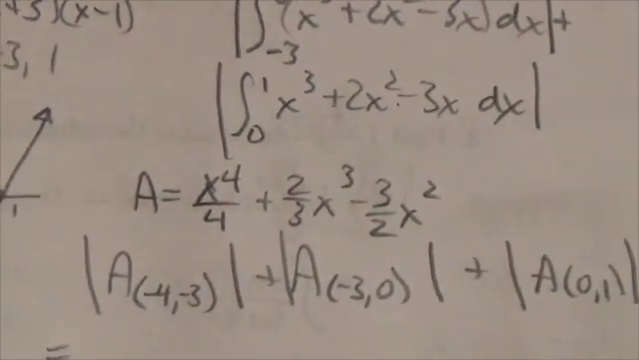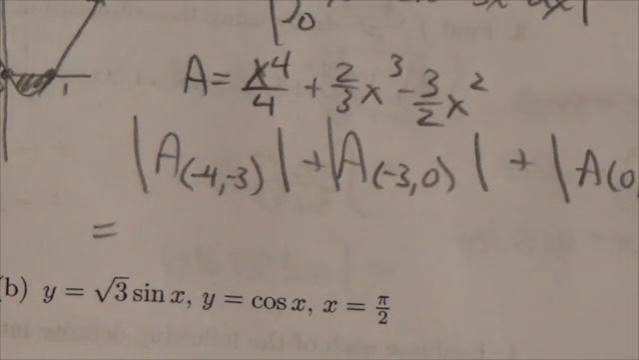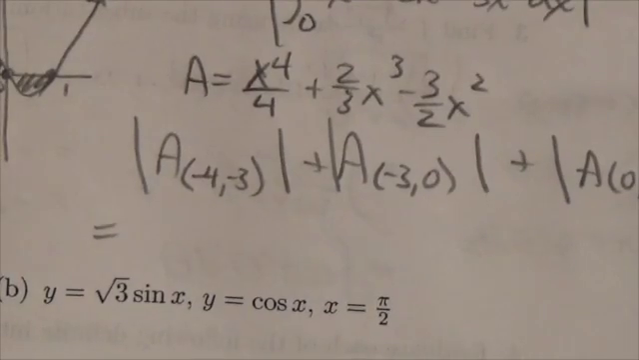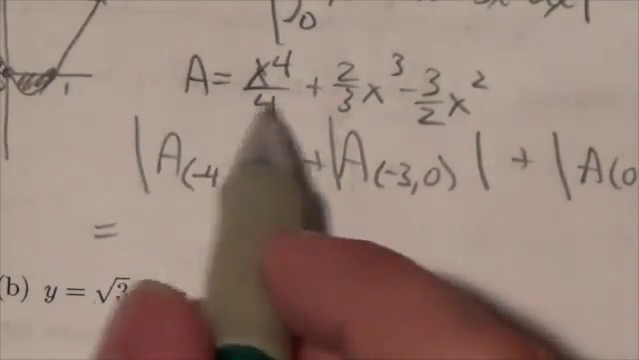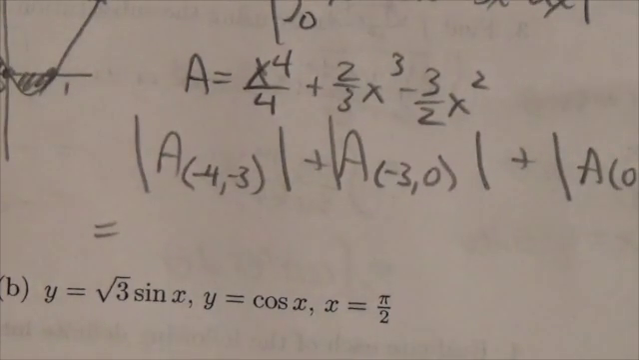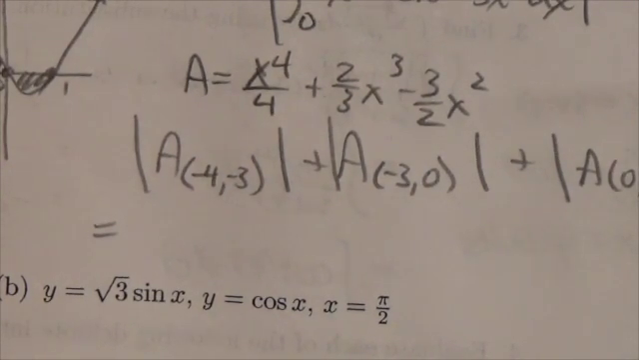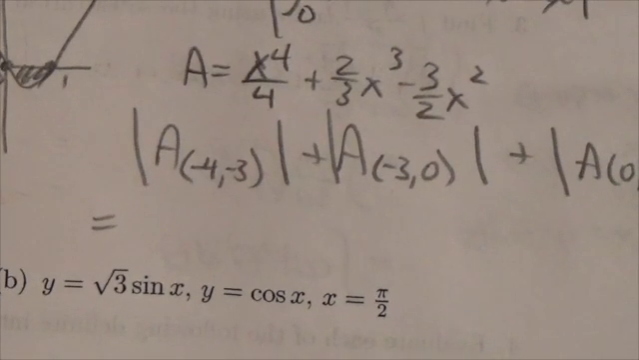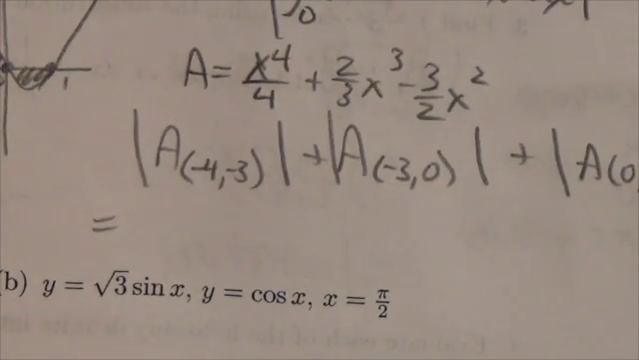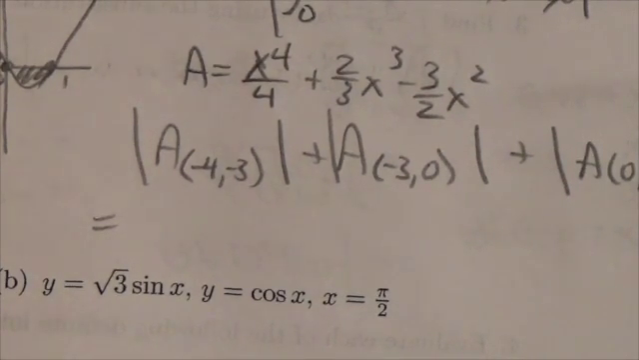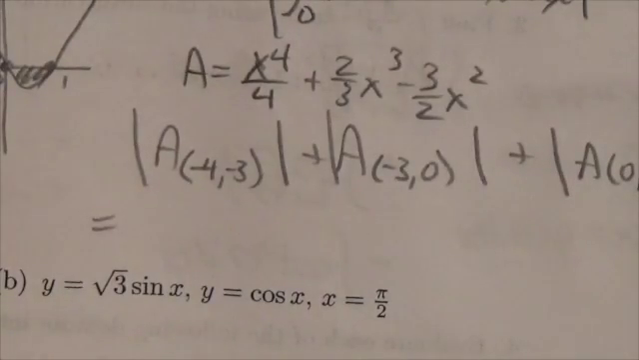Now to figure this out, the easiest thing to do would be to grab a calculator. So what we've got to do here is evaluate this expression. To start off with, we're going to plug in -4: -4 to the 4 divided by 4, plus 2/3 of -4 to the power of 3, minus 3 divided by 2 of -4 squared, and I'm going to subtract from that